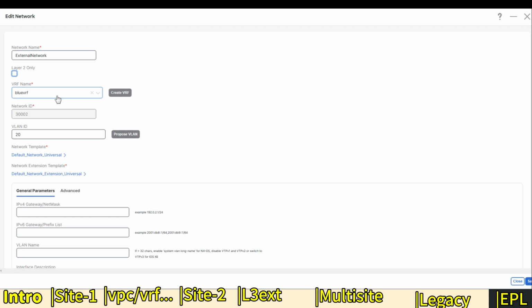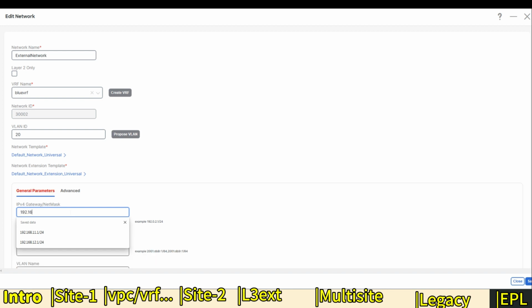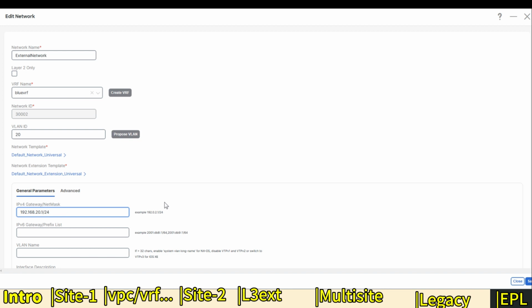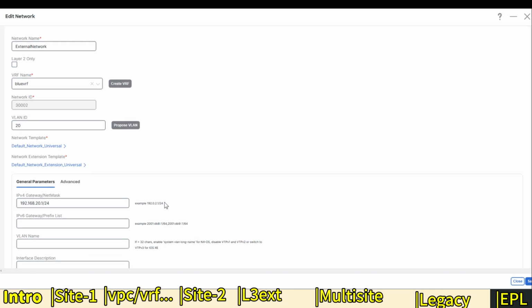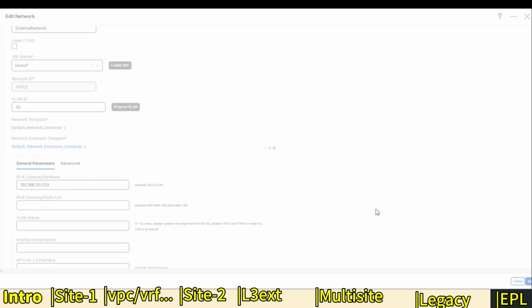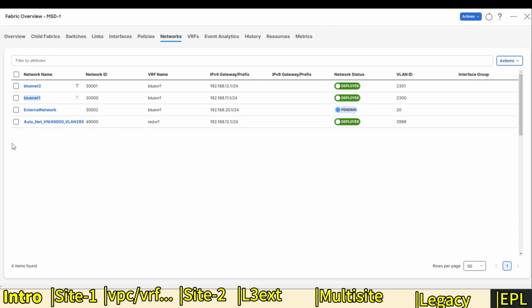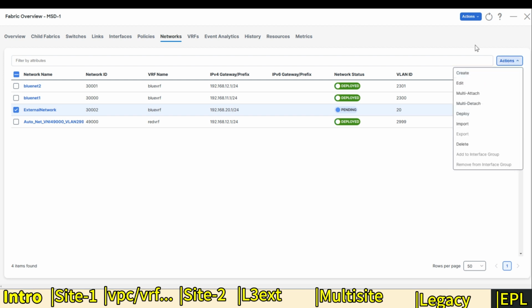Keep selecting the blue VRF inside one. We'll find the IPv4 for gateway, applying the new gateway to my fabric, and check save. Now let's save it. Then we'll check the box here, and what I'm going to do is